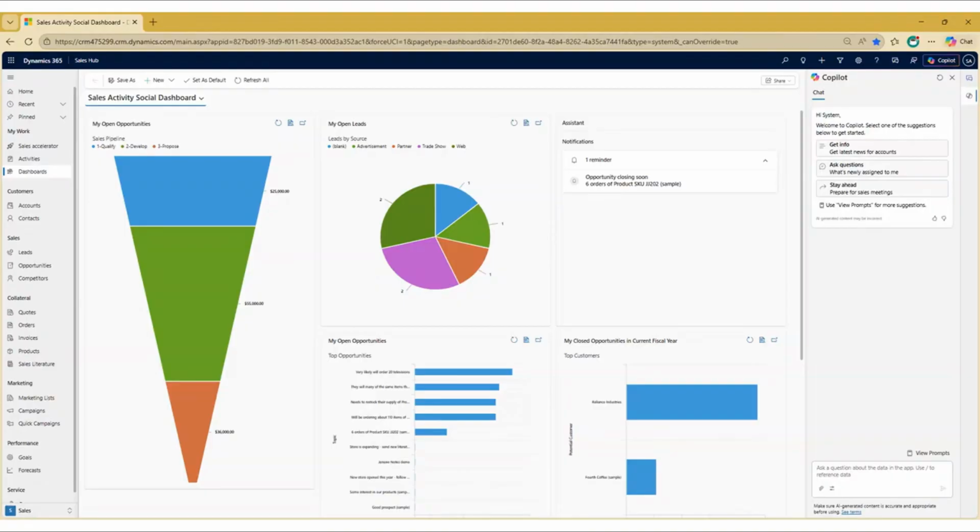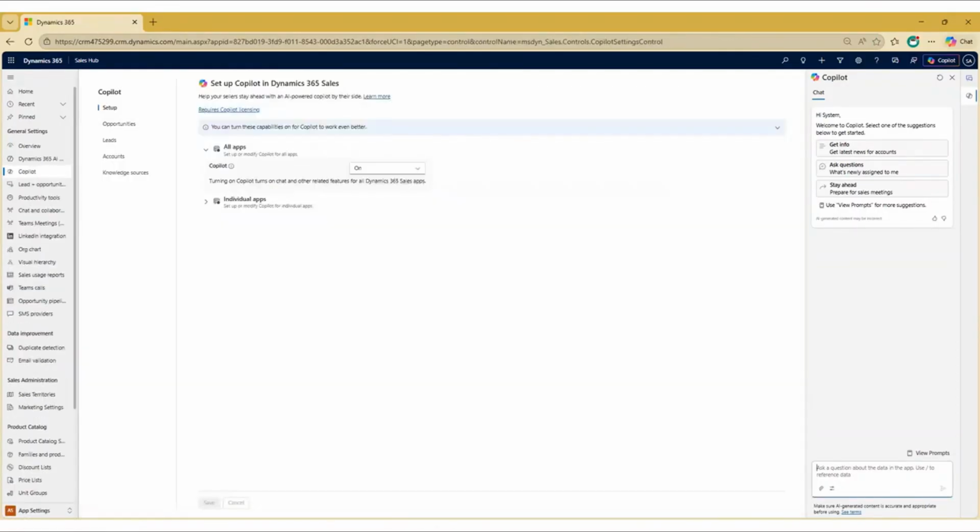I'm in Dynamics 365 Sales Hub application. To set up these fields for Copilot, we need to go to App Settings, and then from here we need to click on Copilot. And in this Copilot configuration page, you will see opportunities, leads, and accounts. The Copilot summary is currently available for these three tables only. As part of this video, we will see how to set up this summary for opportunity. I will click on opportunity here,